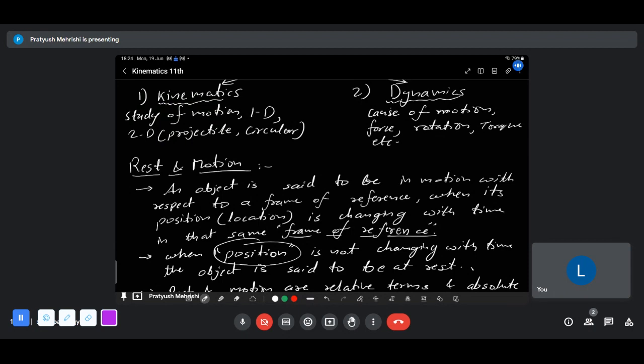Like the car in which you are moving. That car is your frame of reference. You are sitting in the car, so you are the origin. You will feel yourself to be at the origin. But because you are sitting inside the car and the car is moving, your frame of reference is moving. Your frame of reference is the car itself. If the car is stationary, your frame of reference is stationary. If it is moving, then your frame of reference is moving. Got it now? Yes, I got it.